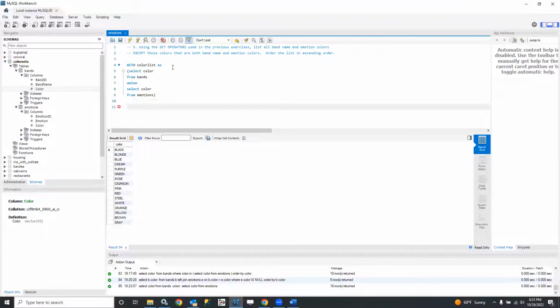So now I've got a sort of temporary table or a view, if you wish, which really is a common table expression, a CTE. So with that all defined, let's select everything from color list